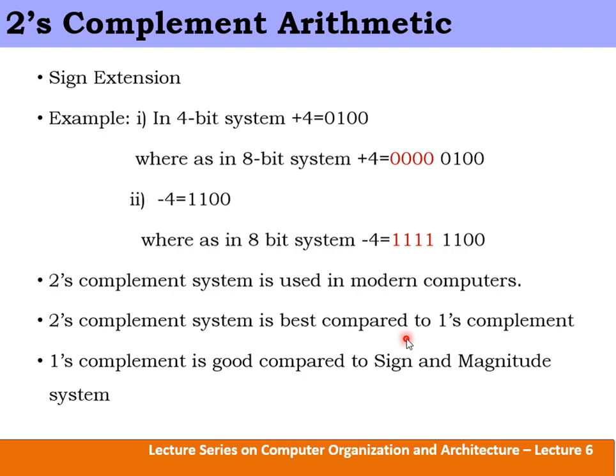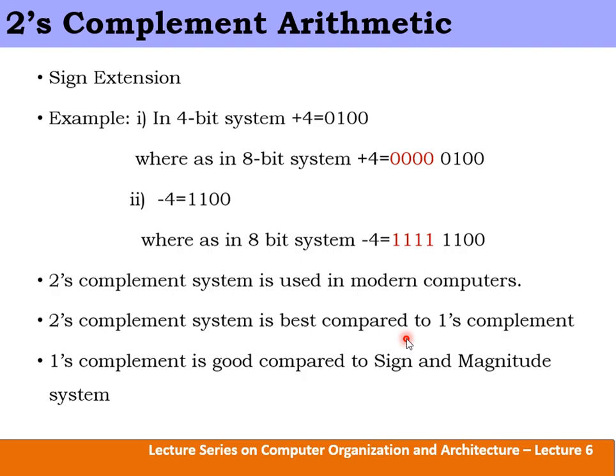Whereas in the case of 1's complement operation, while performing an arithmetic operation, if the carry generated is 0, we are going to ignore that carry, and if the carry generated is 1, then we are going to add 1 to the result. So we will be adding +1 to the result. This extra work needs to be done in the case of 1's complement. This extra correction operation is not required in the case of 2's complement operation. Directly we are going to ignore the carry. Thus the 2's complement system is used in modern computers.